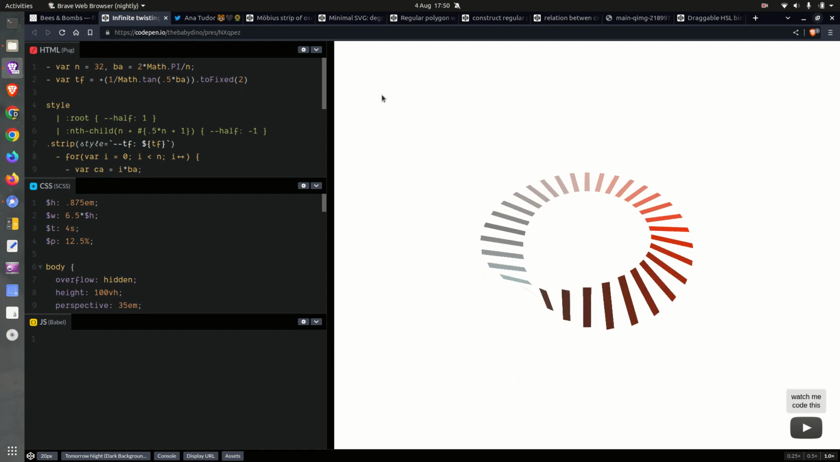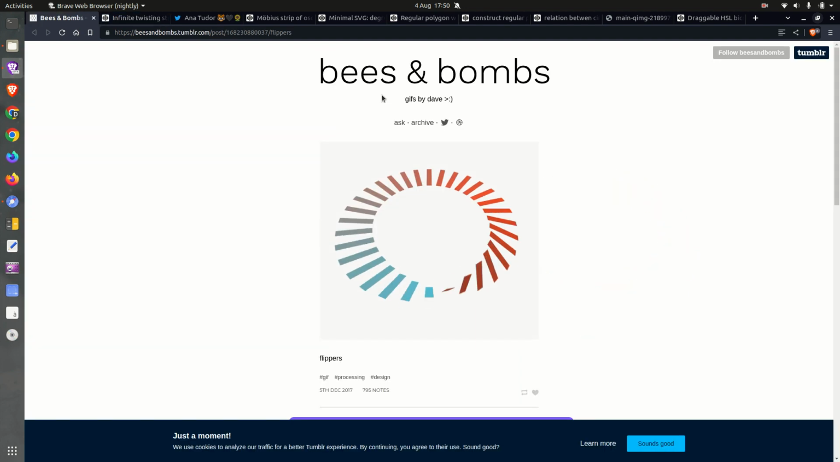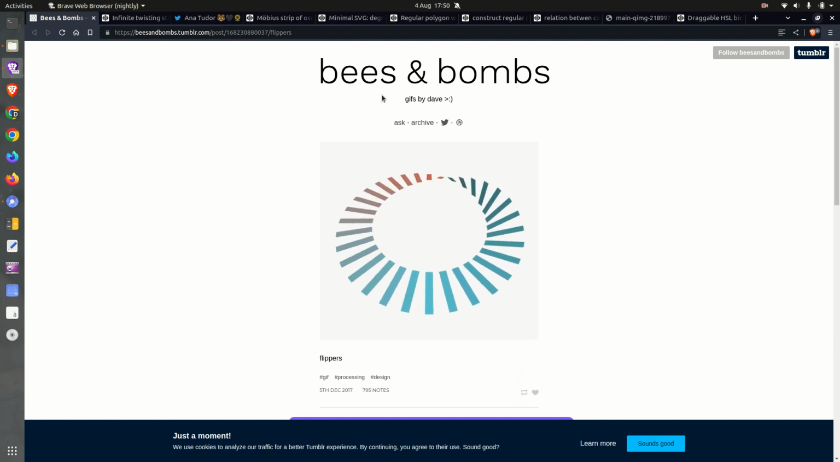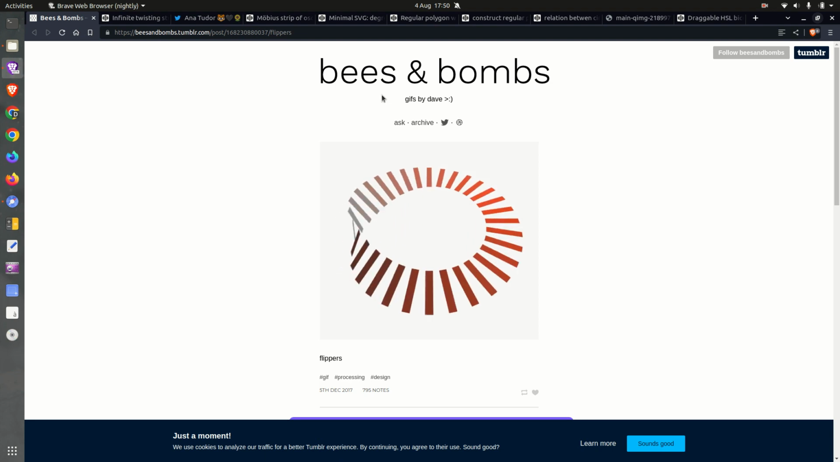Hi, a few of you may recall me coding this some 5 years ago. It was inspired by the Bees and Bombs animation, and if you were to ask me how I feel about the code now, well, I still think it's pretty okay. But there's one thing that has been bothering me ever since, and that's having to hardcode trigonometric function values into